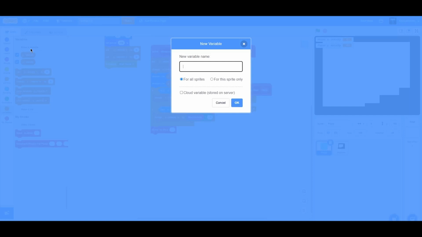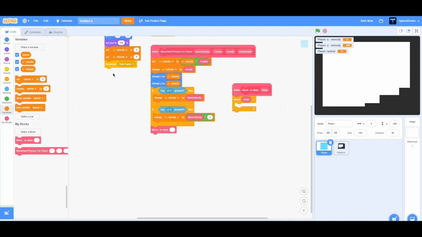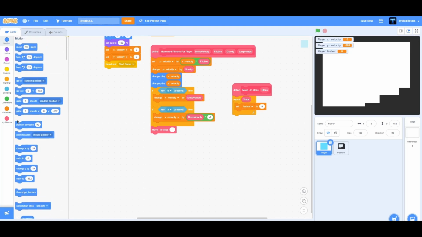So first thing we're gonna want to do is create a new variable and name it last val. This is just short for last value of the player before it started touching the platform. So we can put it back to where it was before, so we can add collision. Now we're just gonna make this for this sprite only, and now we're gonna set the last value to the player's y position,